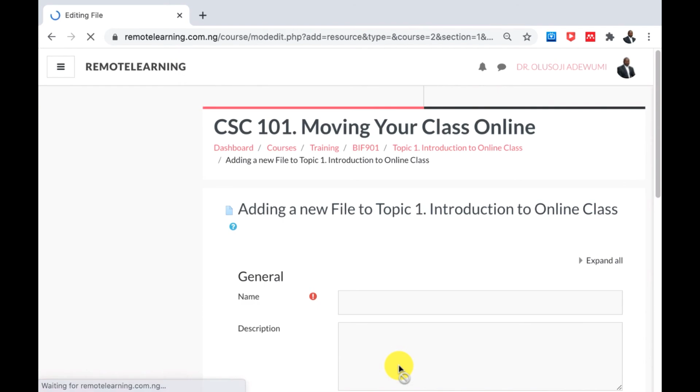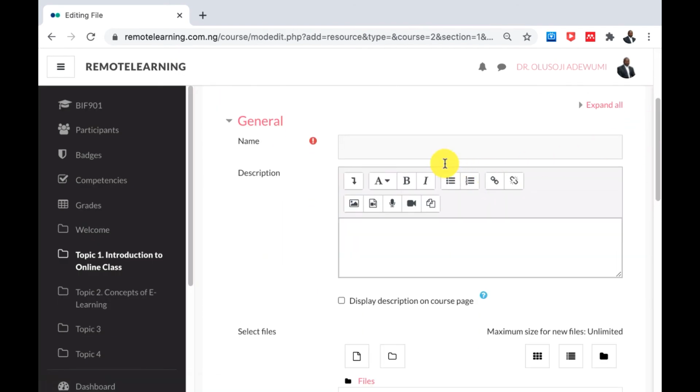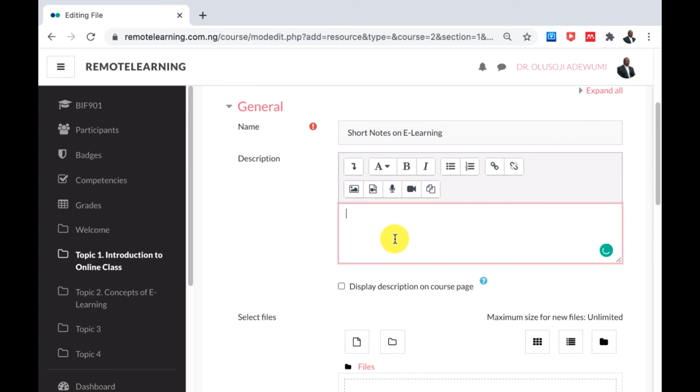When you click on the Add button, it's going to give you this interface. So it's asking you to name this particular file that you want to upload. So you're gonna name it something like short notes on e-learning. Okay, and of course if you like the description, you want to put the description, you can put the